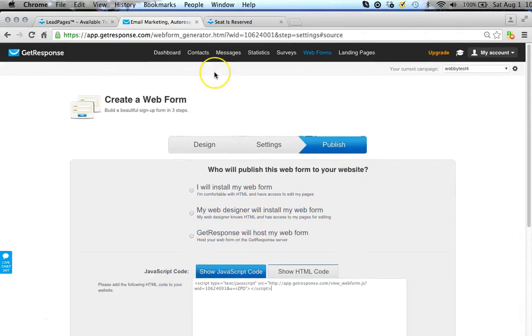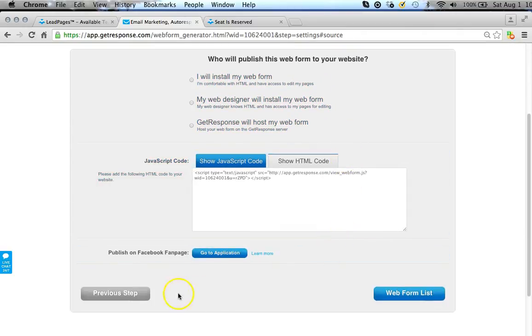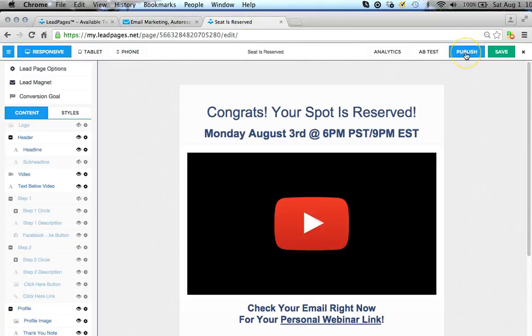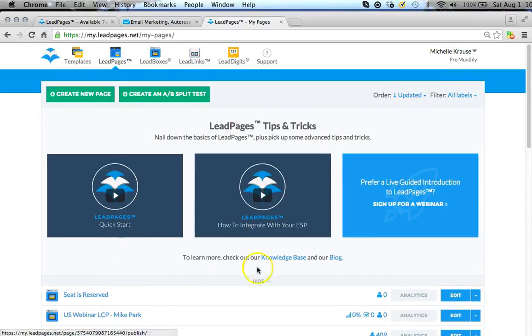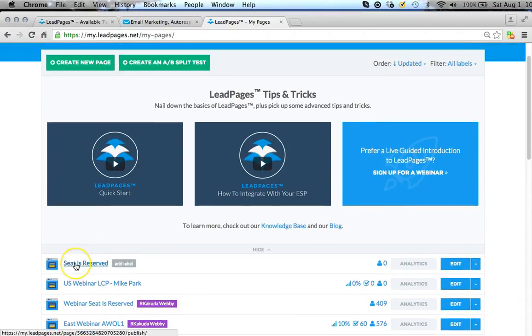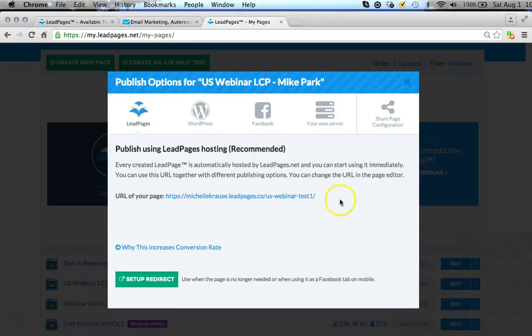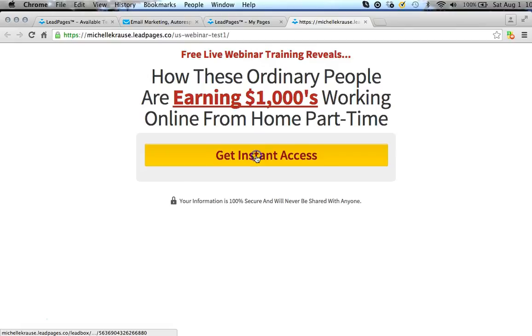So now what we want to do is verify that the funnel's working. I just went back into lead pages. I'm going to go ahead and X out of that and scroll to the thank you page or the webinar opt-in page that we created, and select that. And I'm going to go ahead and opt in. So the URL of the page, this is where you're going to send traffic to. I'm going to click on that. I'm going to click on Get Instant Access,